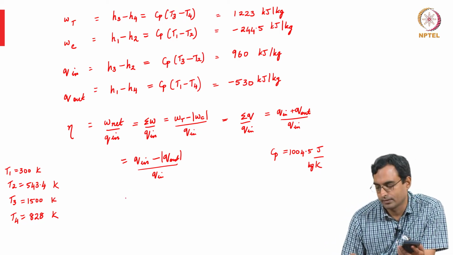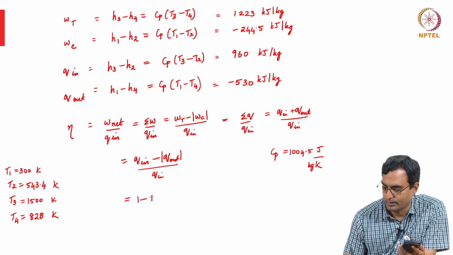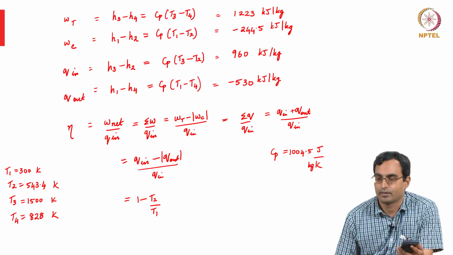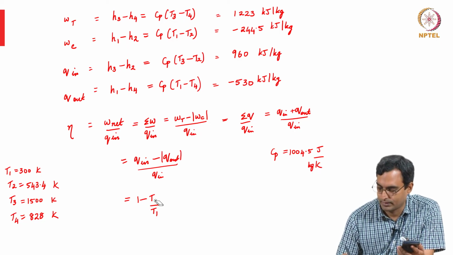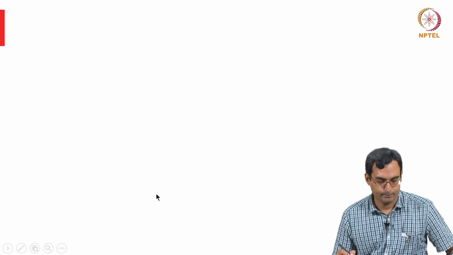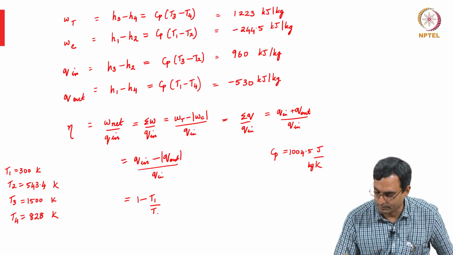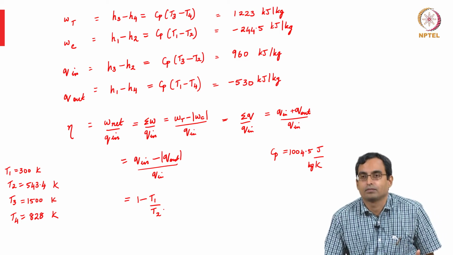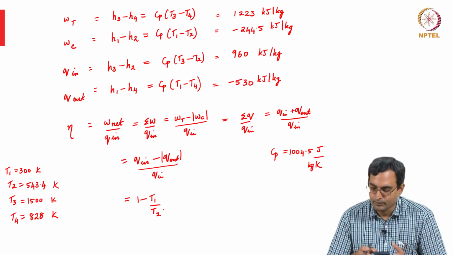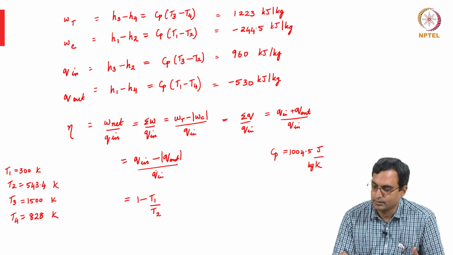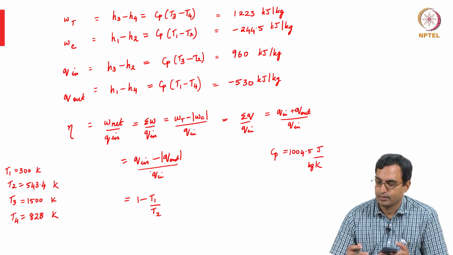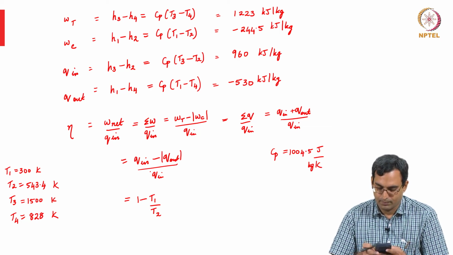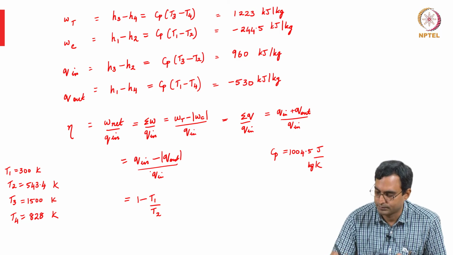Or I can also write this as 1 minus the temperature at the beginning of compression divided by the temperature at the end of compression. All of them should give me the same value, which you should be able to check. So let me do this for example. If I take the sum of heats, I have 960 minus 530 divided by 960, which gives me a value of